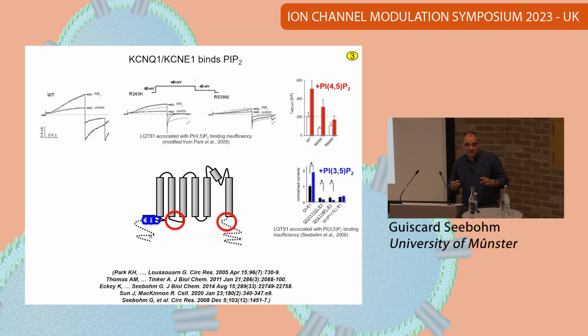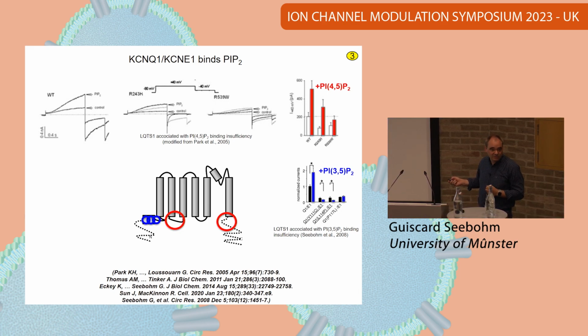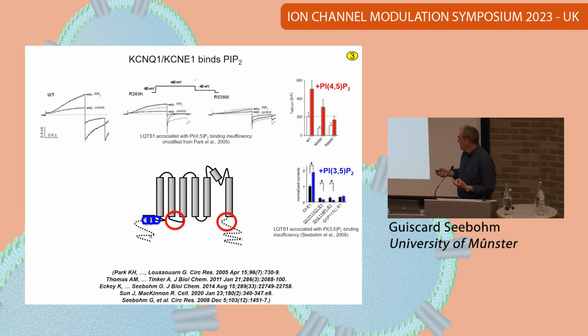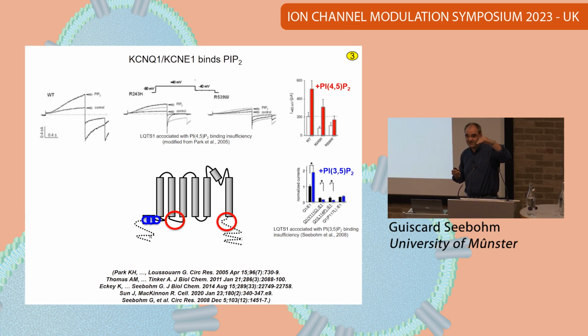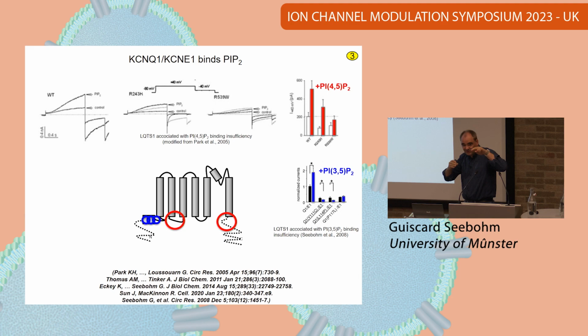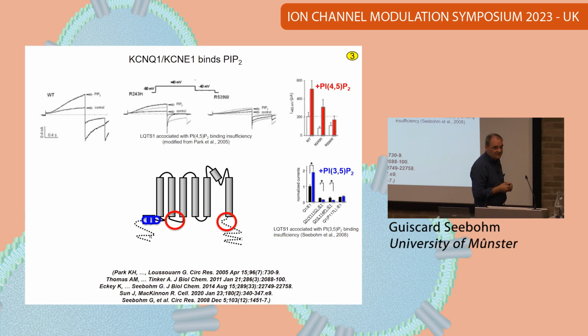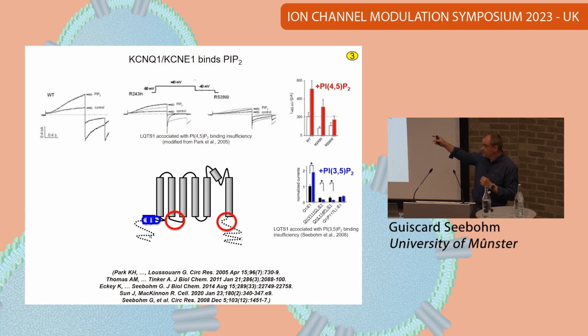And when I was younger, I did this study and identified in the S0 helix, which just precedes S1, three disease-associated mutations which are not stimulated by this kind of PIP2. This PIP2 is generated in intracellular vesicles. It's not present or hardly present at the plasma membrane, but it's exclusively generated by one kinase, which is called PIKfyve, in intracellular vesicles. And production of this PIP2 triggers exocytosis of vesicles which contain these channels.